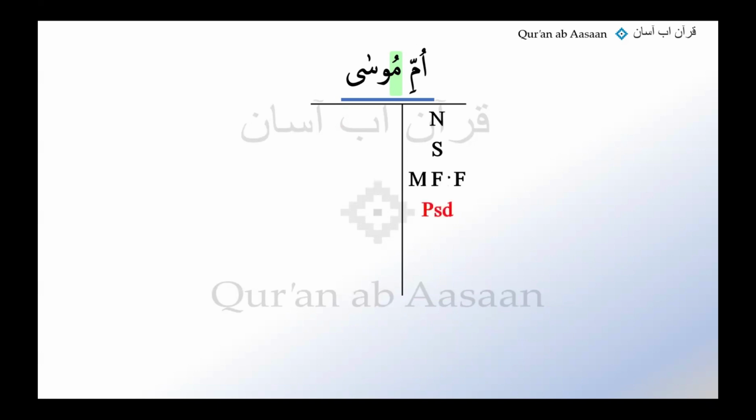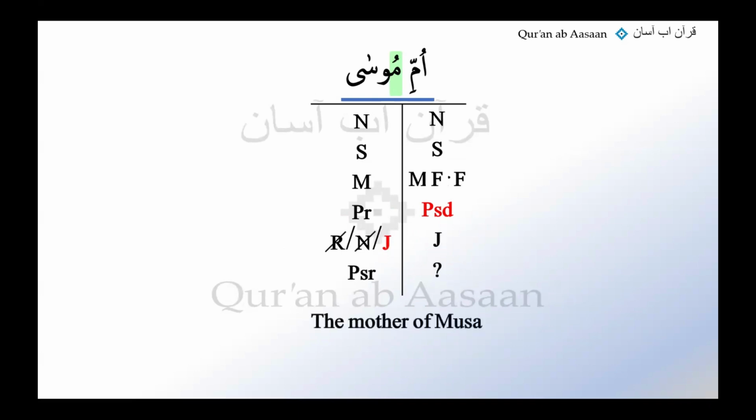Good. All right. And then it's no al, no tanween possessed. And then it is in jar. And then question mark. And then Musa is noun, singular, male, proper, raf, nasb, jar. We look back. We have already talked about it. We see a no al, no tanween possessed noun. So this would be in jar to be the possessor. Raf and nasb, we cut them both, the jar possessor, and the translation, Ummi Musa, the mother of Musa. We have just done it, Alhamdulillah. All right.